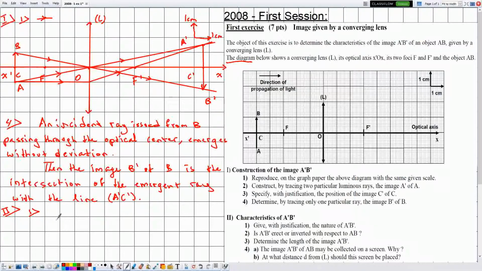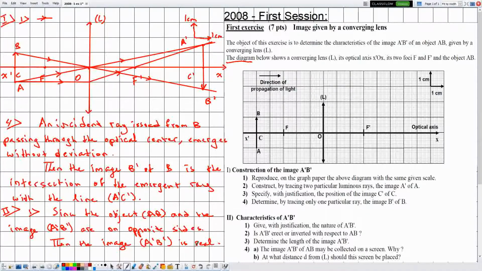And let's say the following: since the object AB and the image A prime B prime are on opposite sides, then the image A prime B prime is real. Okay,